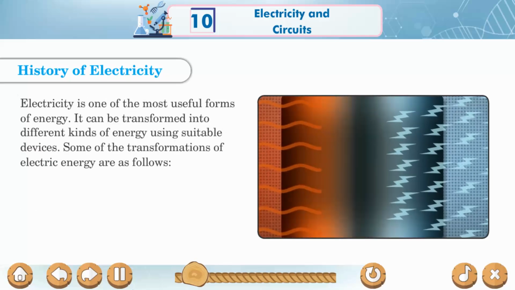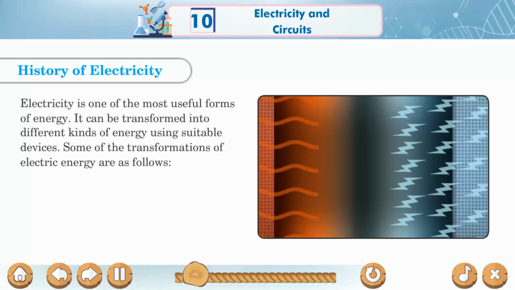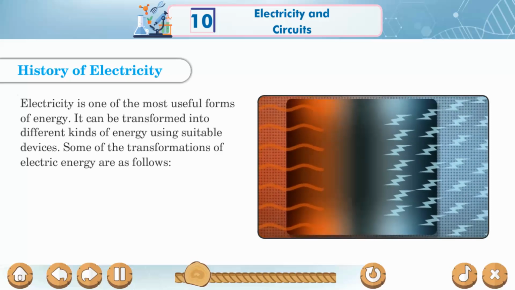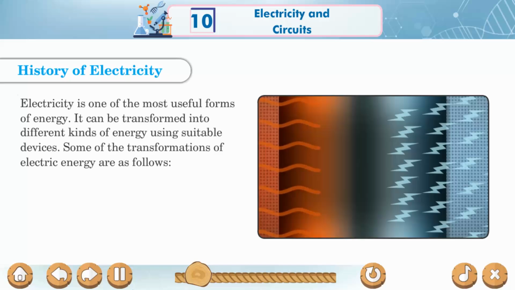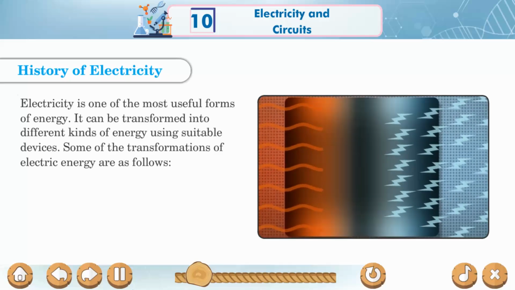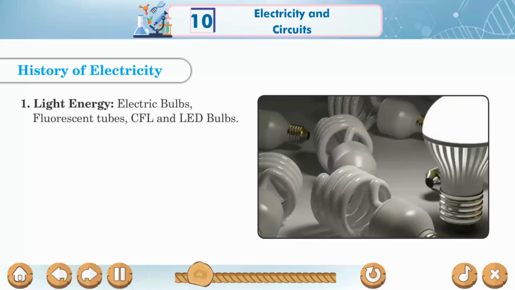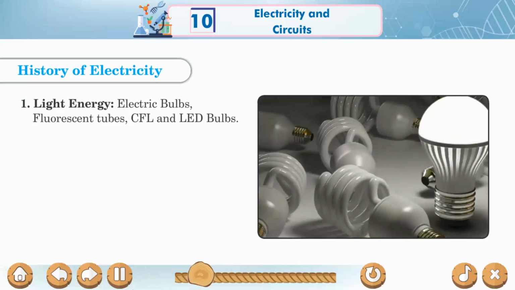Electricity is one of the most useful forms of energy. It can be transformed into different kinds of energy using suitable devices. Some of the transformations of electric energy are as follows: light energy, electric bulbs, fluorescent tubes, CFL and LED bulbs;